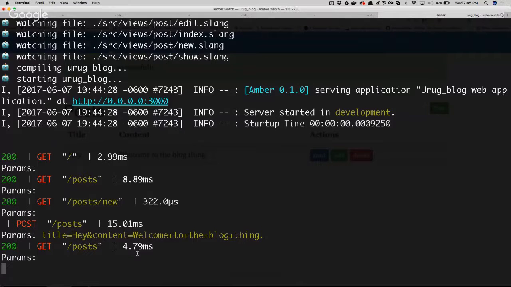With this, basically a simple hello world still rendering through Slang, on a 4-core server I was able to get like 160,000 requests per second. On an 8-core AWS server, I was able to get about 260 something thousand. I've been meaning to try a 32-core just for the hell of it, but it's really fast. So let's actually go and look at the code some more.